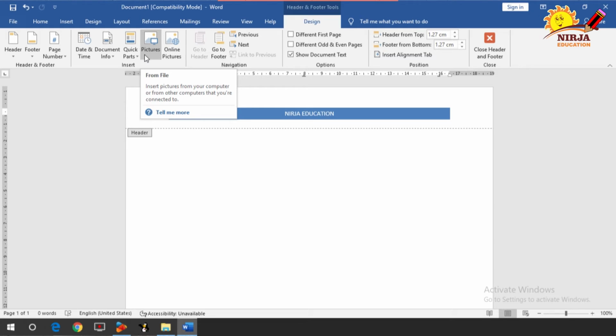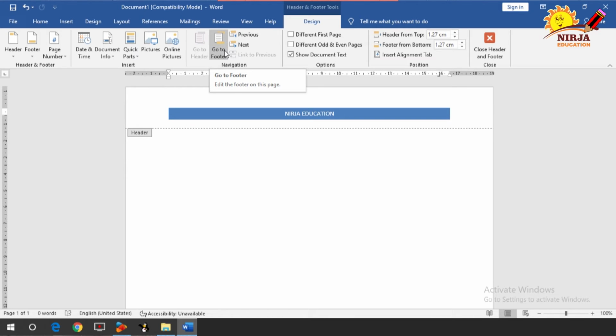For inserting the pictures in header and footer, we are using the pictures button. Online pictures, if you want any picture from online, you can select this option, find and insert the pictures. Then navigation, in which if you select go to footer, it will edit the footer on this page, and if you select go to header, it will edit your header on this page.